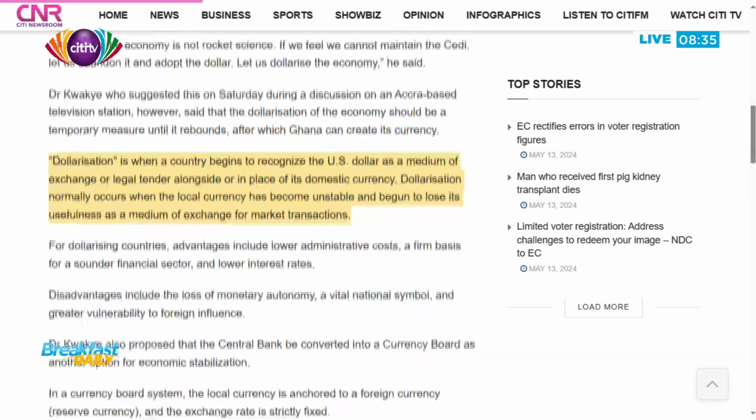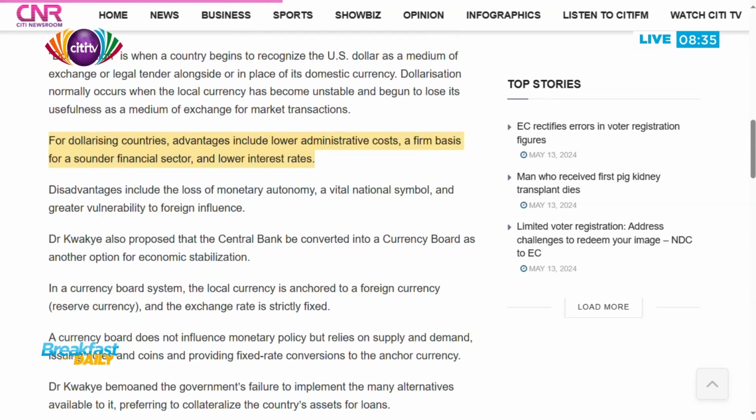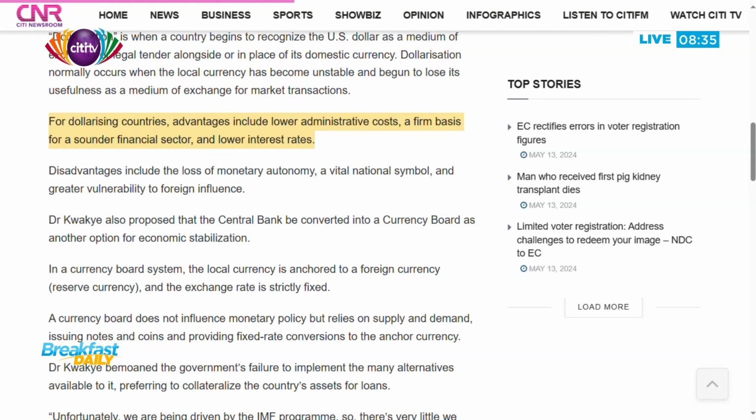Dollarization is when a country begins to recognize the US dollar as a medium of exchange or legal tender alongside or in place of its domestic currency. Dollarization normally occurs when the local currency has become unstable and begun to lose its usefulness as a medium of exchange for market transactions. For dollarizing countries, advantages include lower administrative costs, a firm basis for a sounder financial sector, and lower interest rates. Disadvantages include the loss of monetary autonomy, a vital national symbol, and a greater vulnerability to